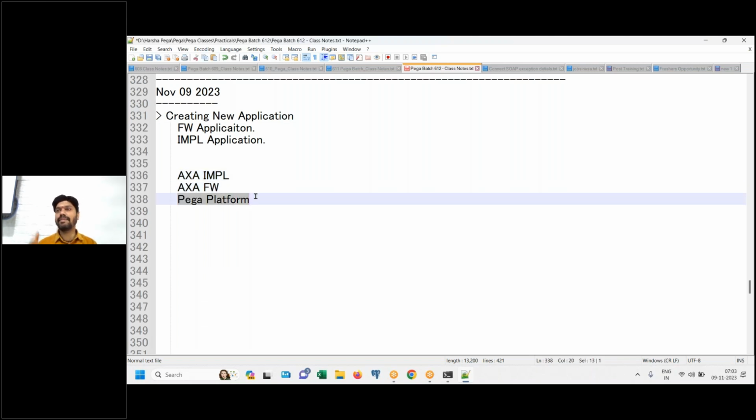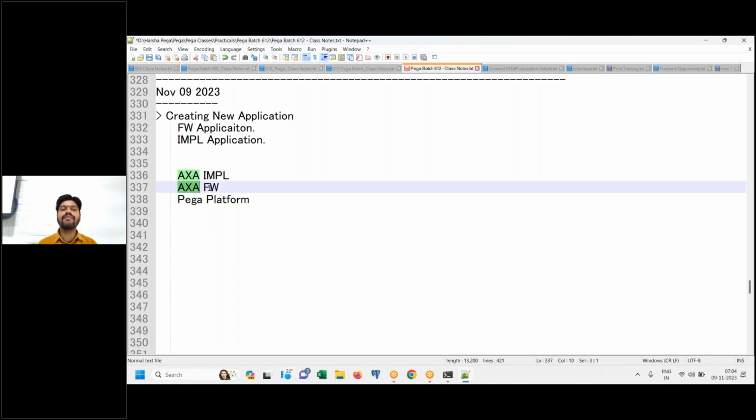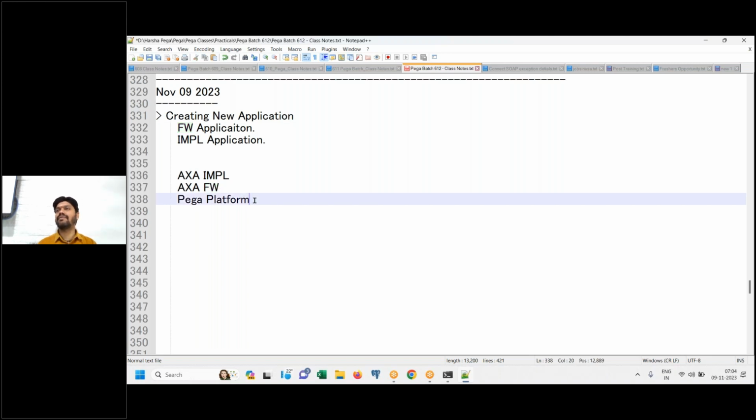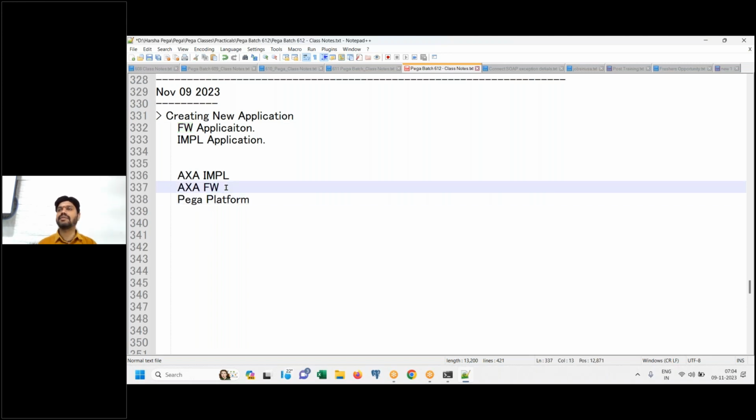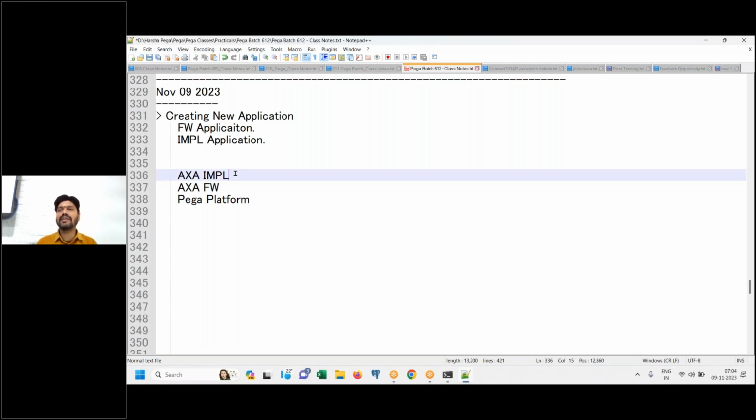You will access 3 applications by logging into a single one. Suppose you log into AXA framework, then you will be able to access AXA framework and Pega platform. AXA framework doesn't have any visibility to implementation. It cannot see implementation. Reverse is not possible actually.